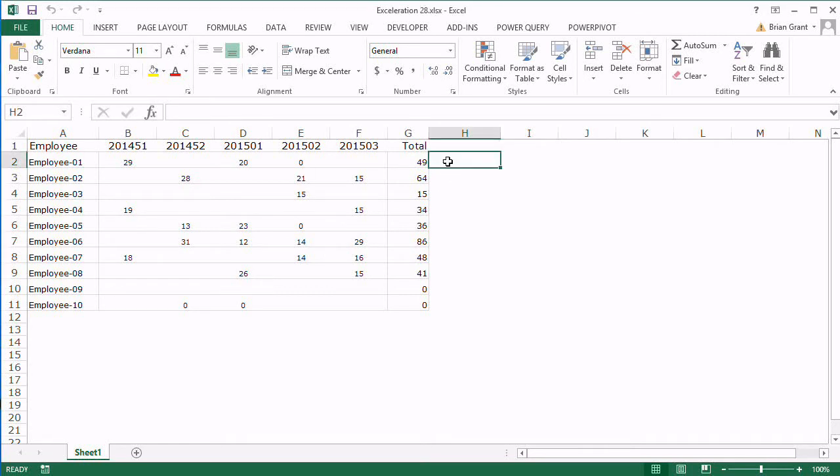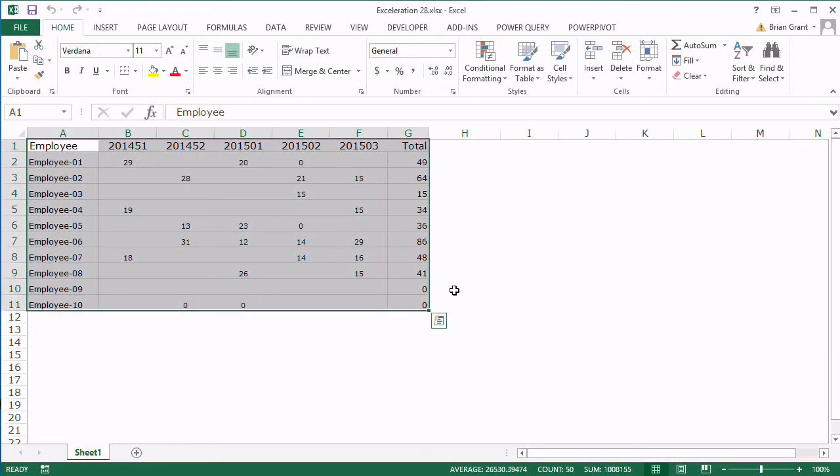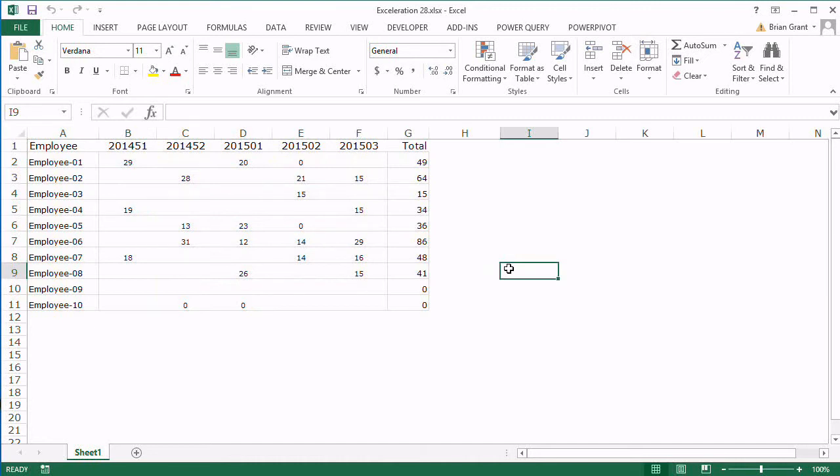In this episode, we have a problem wherein we get this report every week or so. This is from my lemonade stand, by the way, and we've got all our different employees down the rows, and across the columns we have different weeks. So this is 2014 week 51, 2014 week 52, 2015 week 1, 2015 week 2. You get the idea. And for each one of those weeks, we have reported the number of hours that an